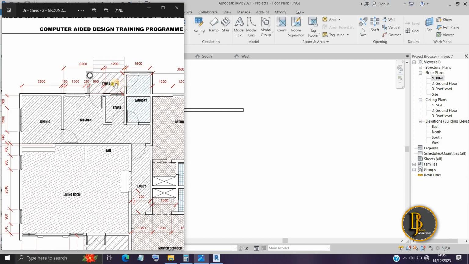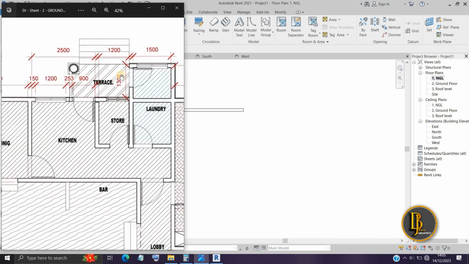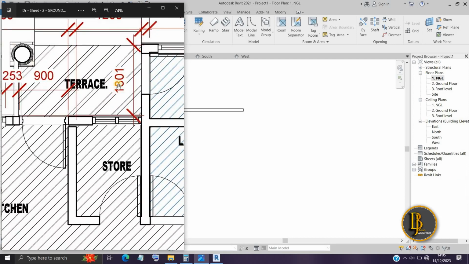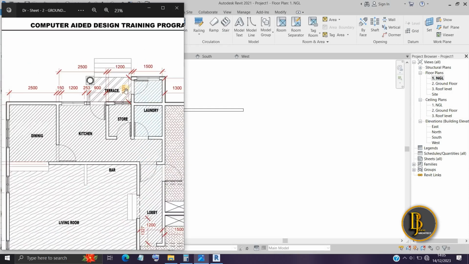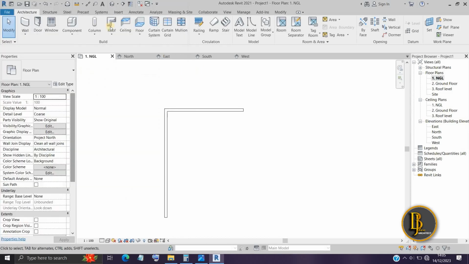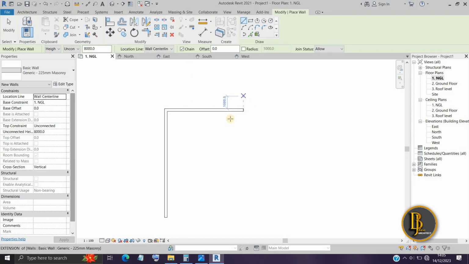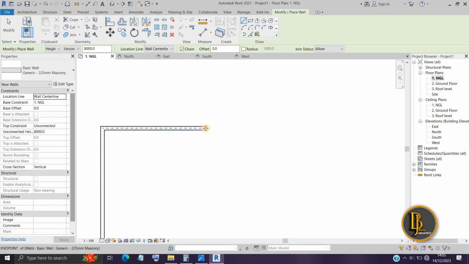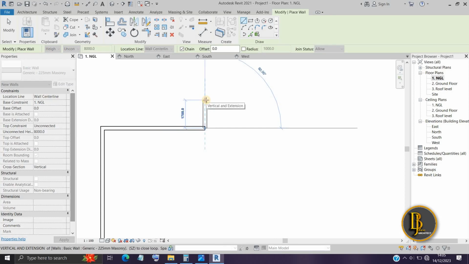If you look at this terrace area, this terrace has a 1300 millimeter, 1301, let's say 131. Let's follow this exactly. Now let's create a 131 wall there. Click on wall. Now let's continue. It's on masonry block. Now you will see this blue. Once you put your cursor anywhere close to the edge of that wall, it will highlight a box for you. It means it has lock proportion with it. That's the end point of that wall. Then you left click on it, and let's create that 1300,